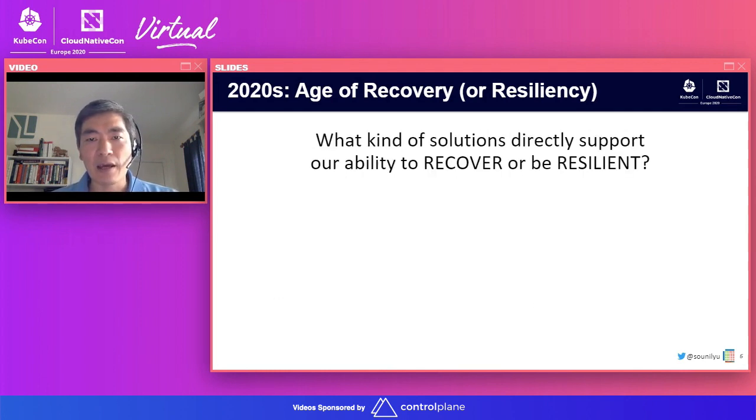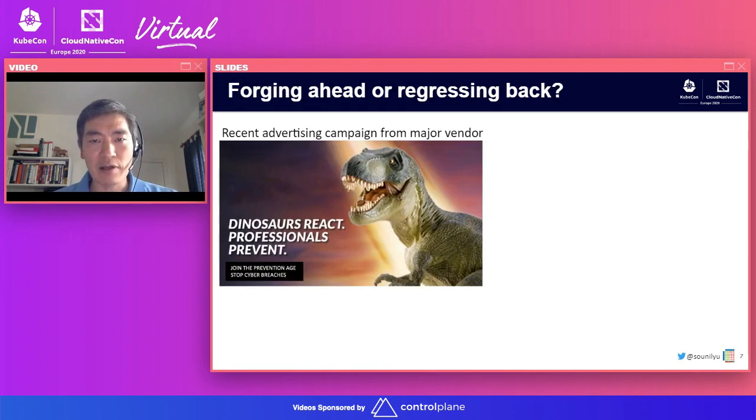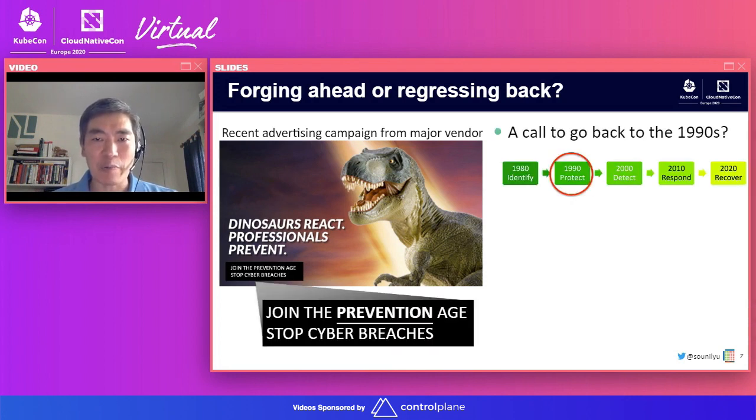So if the problems that we're facing are irreversible and irrecoverable attacks, well, what kind of solutions do we see in the market? And if I were to give you an example of what we don't need or shouldn't need to be able to address the age of recover, here's an example. This is an advertising campaign from a major security vendor. And what we see here is a call to go back to the 90s, to join the prevention age, which happens to be the 1990s. And the question, of course, is, well, if I have a 2020 problem, how will a 1990s solution help me